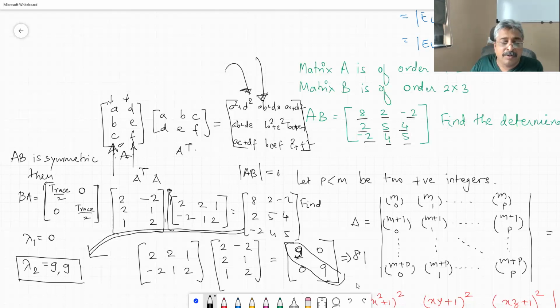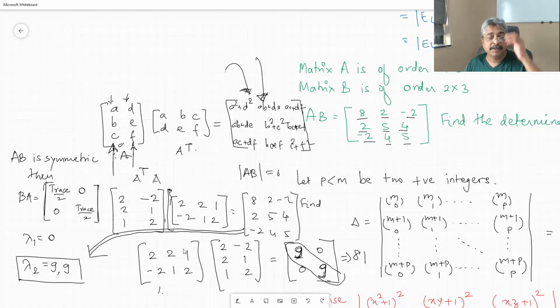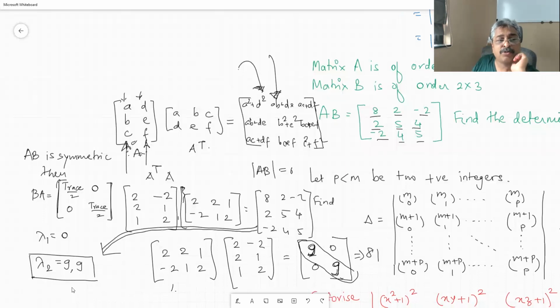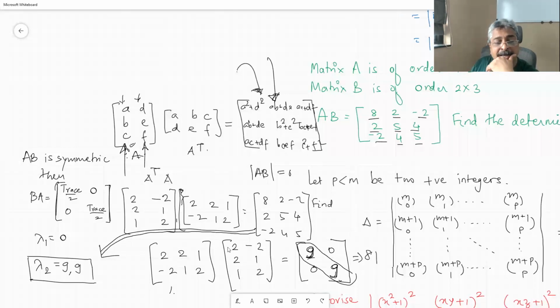Maybe we will have to decode it further why it happens so, but I think you need to really get into deeper linear algebra. But there will be some other solutions which will give us the reasoning for this. If you just take this matrix and try to find its eigenvalues, then lambda 1 is equal to 0 is obvious because the determinant is 0. But lambda 2 happens to be a repeated value, and that is 9 and 9, which is the diagonalized matrix lambda, which is sitting here.